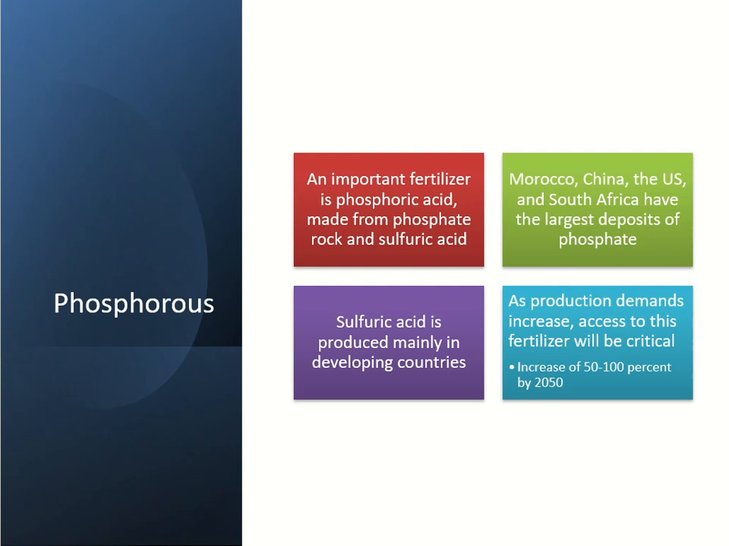Sulfuric acid is produced mainly in developing countries as a byproduct, so that is another thing that is putting pressure on the supply. And as production demands increase, access to fertilizer will be critical. They're expecting demand to go up 50 to 100% by 2050. So just as the supply is depleting, demand, of course, is going to be skyrocketing. So those are concerning